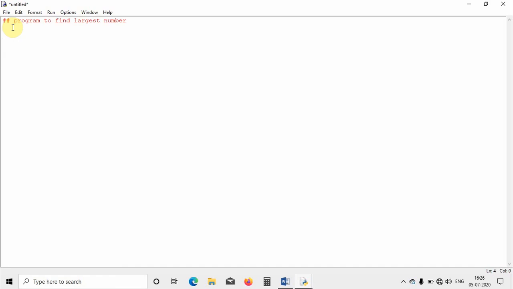Now I will take two numbers. a is equal to, let us say, 12, and b I will take 6. So two numbers I have taken which I want to compare, a and b. Then I will go for the if statement, that is if, and in round brackets I will write the condition. What is the condition? If a is greater than b. So I will check this condition. If a is greater than b, then print